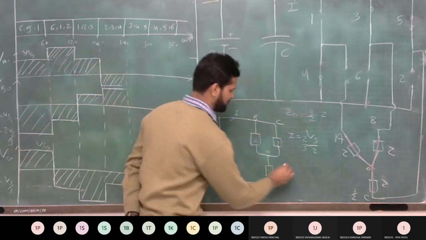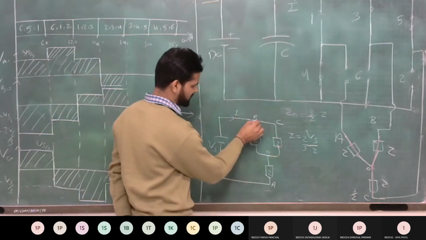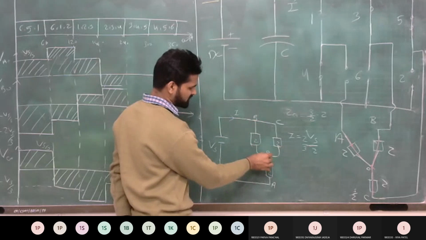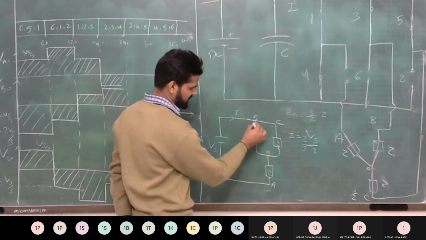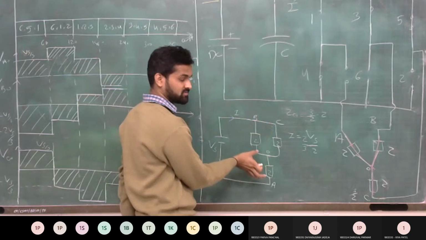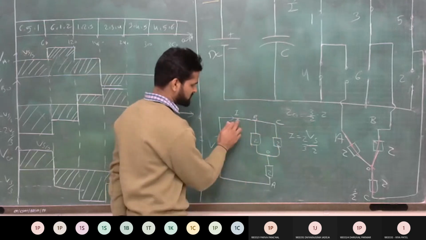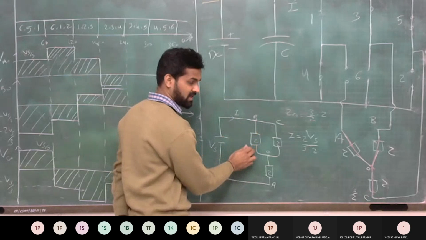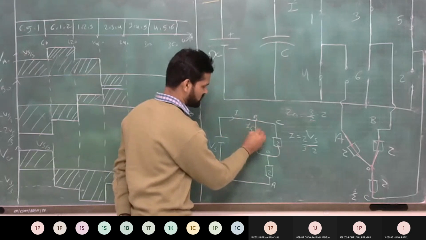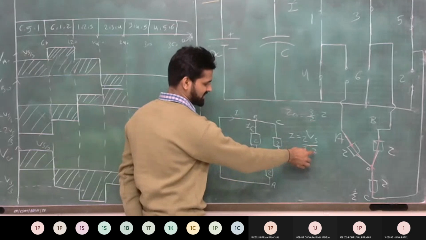Just write the value of phase A, phase B, and phase C voltage. Here we measure the voltage of phase B with respect to this neutral. Current is also in the same direction, so the voltage is always positive. So voltages VBO and VCO are both positive. But how much? Current flowing in this branch is I by 2 into Z, and I is 2 by 3 Vs by Z.